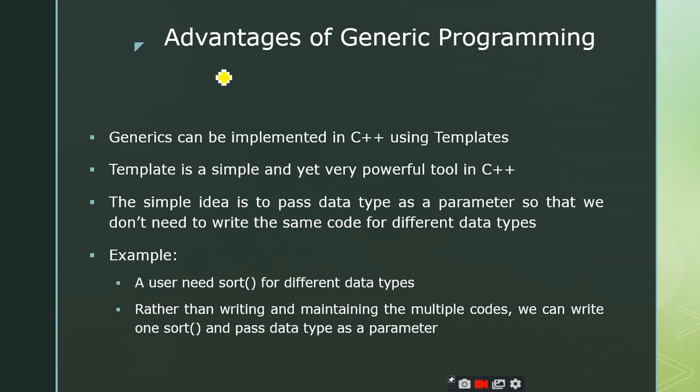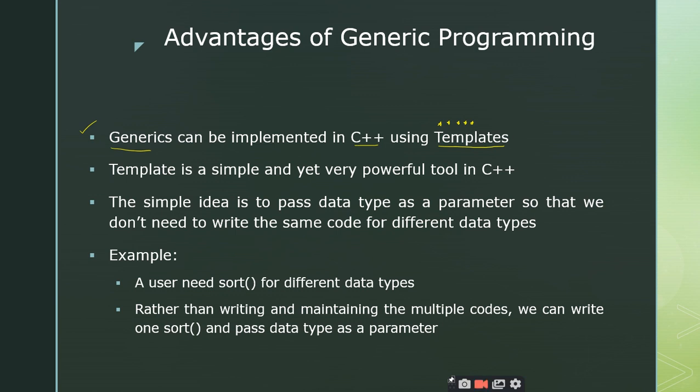Yes, sir. So again the same concept: how are we going to implement generics? Generics can be implemented in C++ using the concept of templates. Very powerful concept in C++. Of course every concept is a powerful concept. That is the reason why the object oriented programming paradigm has a lot of benefits when compared to POP, that is procedure oriented programming, right? It supports a lot of features that are extensively useful for the development of programs in the real world environment.